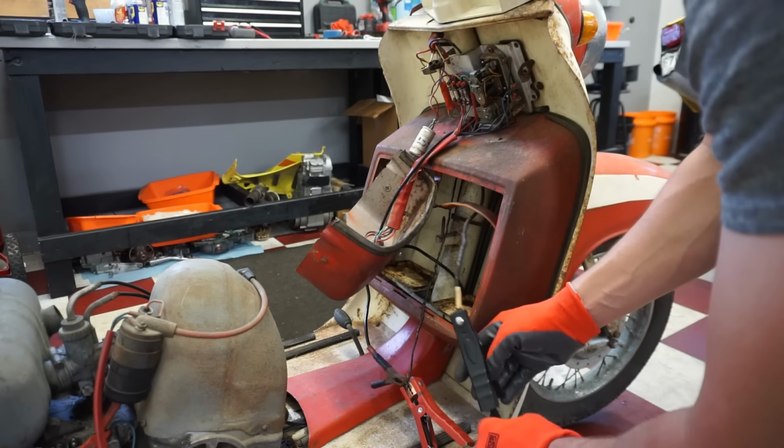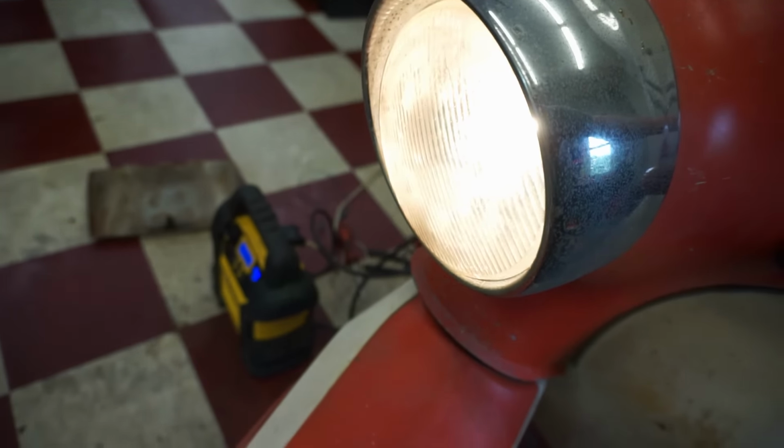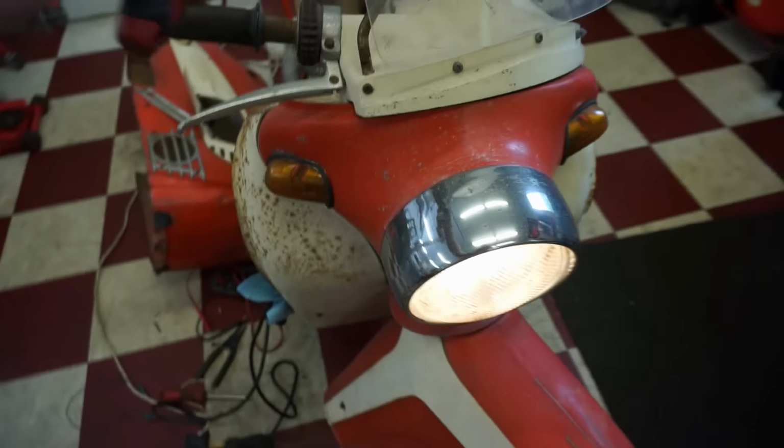Alright, we got the headlight working. There's high and low. See if the blinkers work. Doesn't appear like the blinkers are working. Tail light's working. Alright, we're making progress. Alright, so for some reason I turned the key, and the continuity test between right here